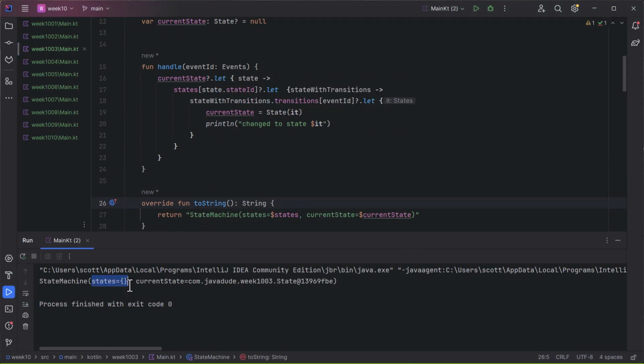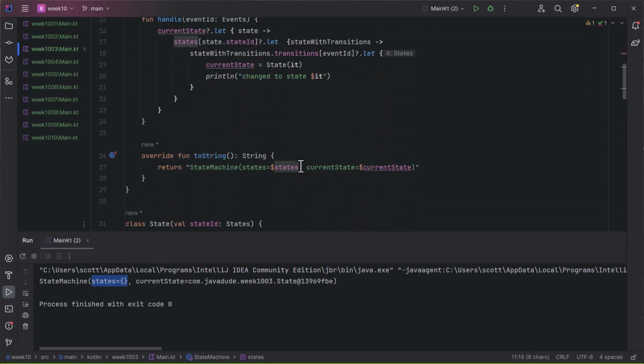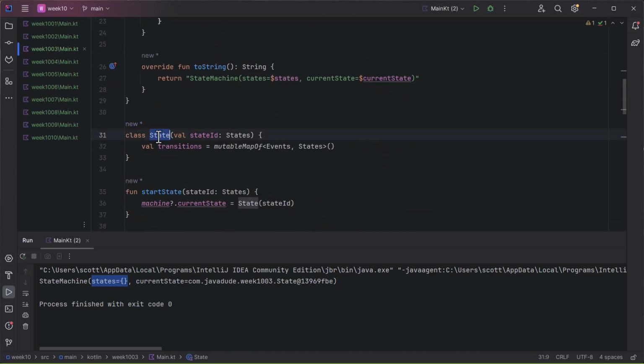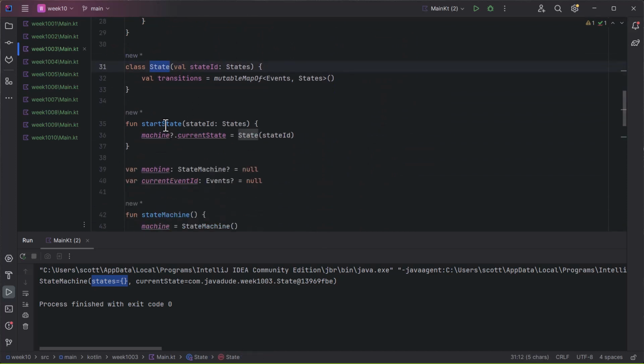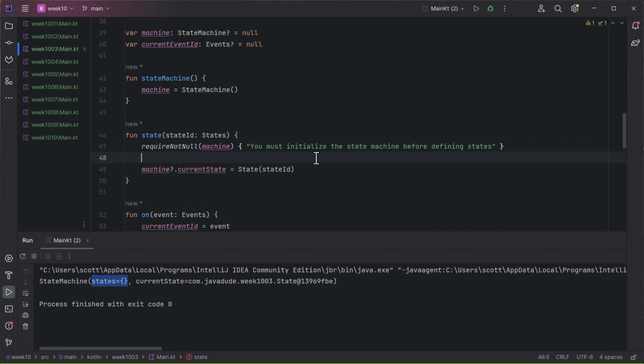States is empty. So that's a problem. Did I not add anything to him? So state, that's the class. So when I call state, I require not null. Oh, I'm setting the current state. No. I should have machine